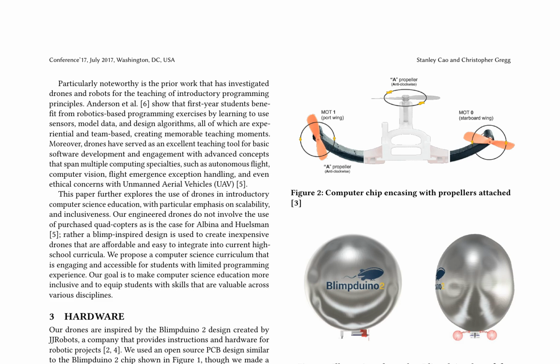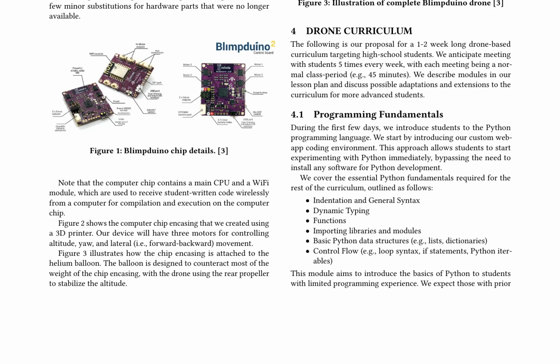For students with little prior programming knowledge, the curriculum introduces the basics of a Python-based API that enables interaction with drones. Advanced students are challenged with more complex projects, such as developing a mobile app for drone control. The curriculum will be delivered to high school students with an interest in computer science and robotics over a 1